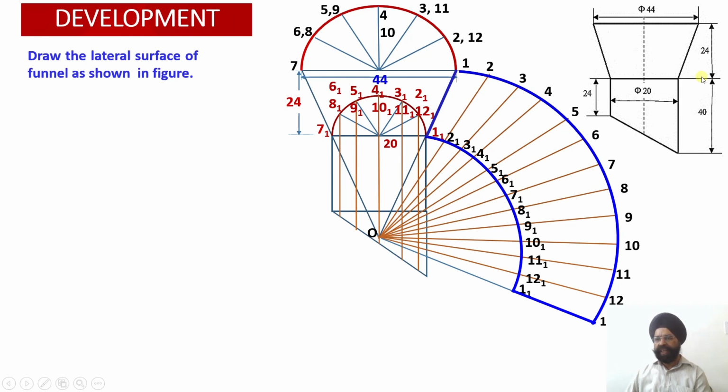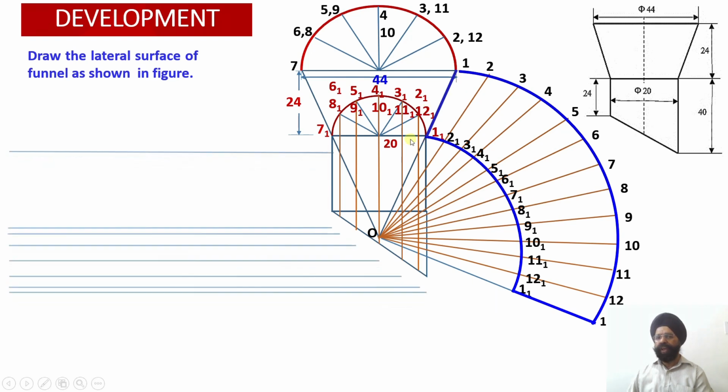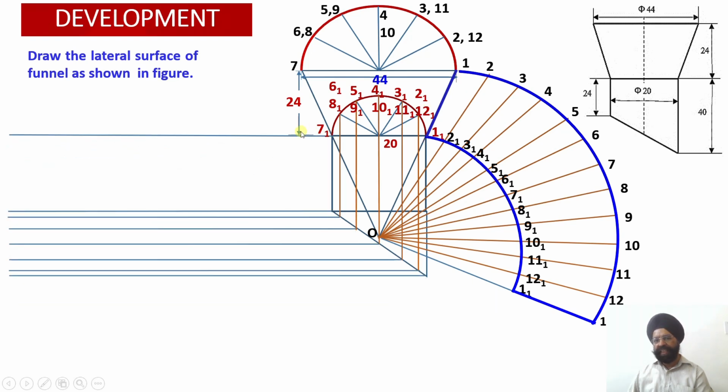So the height of the cylinder, you see, how much is this? This is equal to 40 millimeter. So this is the height. So I know the height of the cylinder. Number one, I should know the sector length. So the sector lengths, they are available. So now I am going to draw, you see the horizontal lines. This is the parallel line. This was the radial line development method, and this is the parallel line development method. So here this is one problem where the application of radial line development method and the parallel line development method has been used simultaneously.